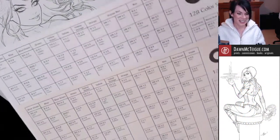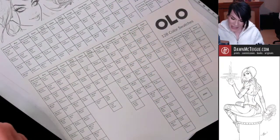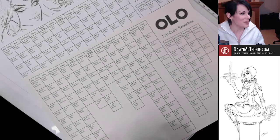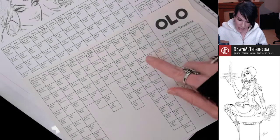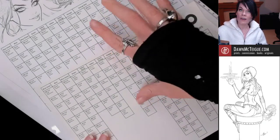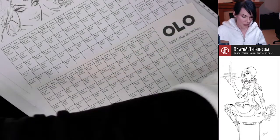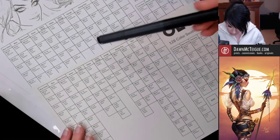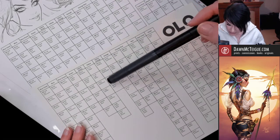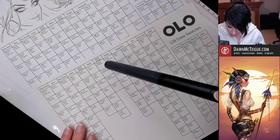And so you guys can see it. So that's the difference in paper tone, which I'd never really put them side by side before, but it's pretty intense how different the paper is. And so what I'm going to do is I'm going to be filling it out on both sheets of paper, each tone. So let's see, this is Y0, yellow, orange, yeah. So Y0, 2.3, so it would go right here,